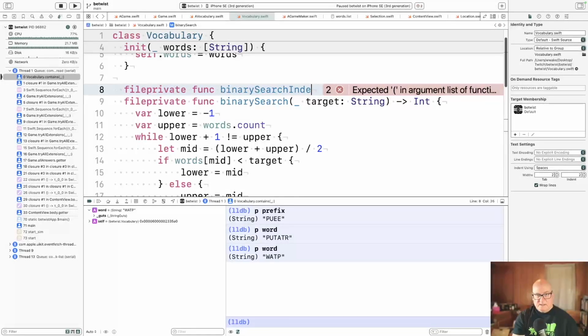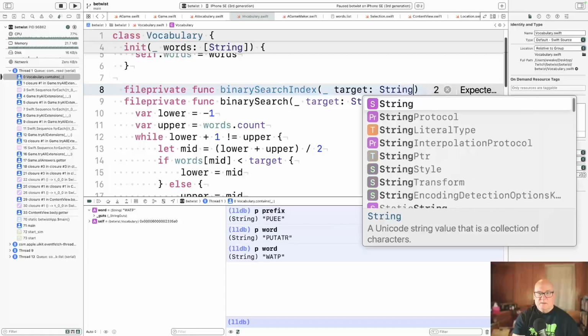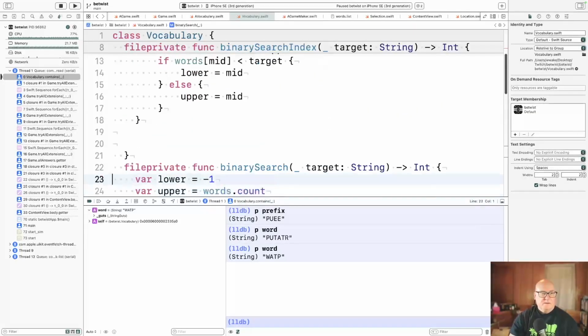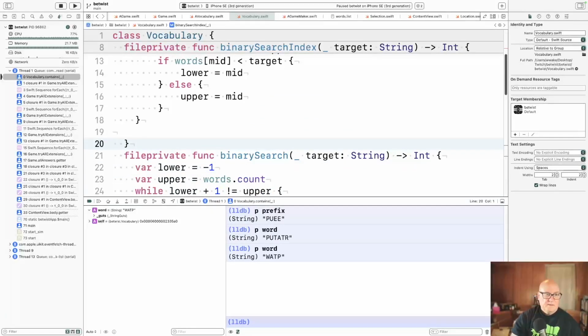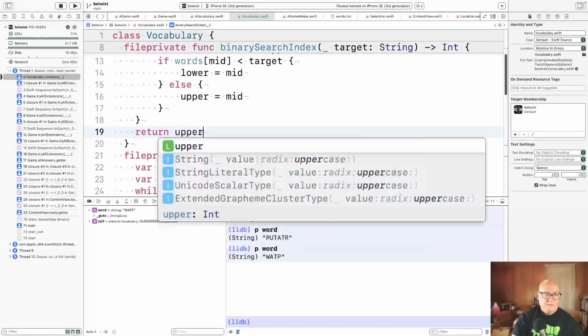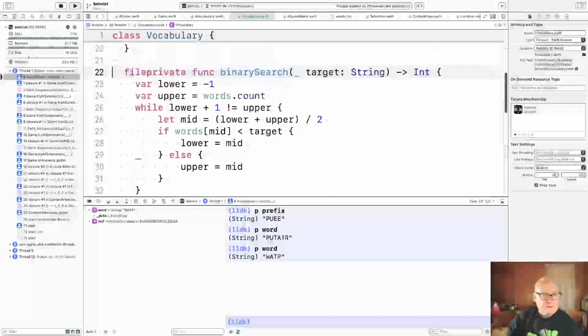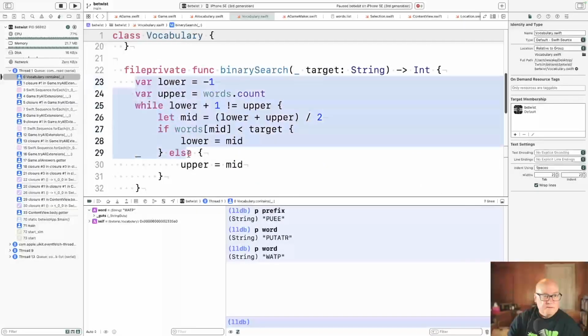This is index. Target of string, yield an int. Return upper. Okay, so that should be the equivalent of